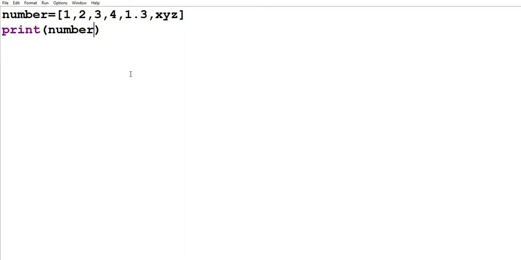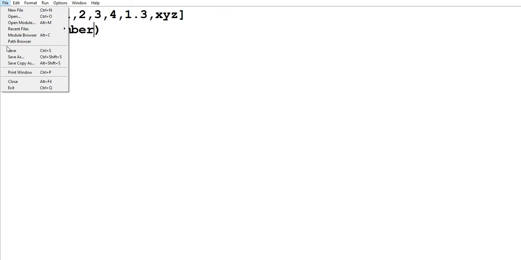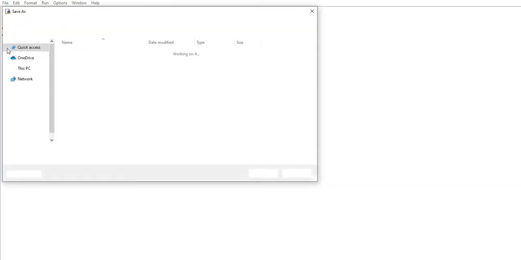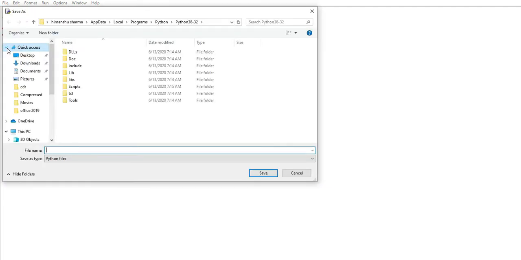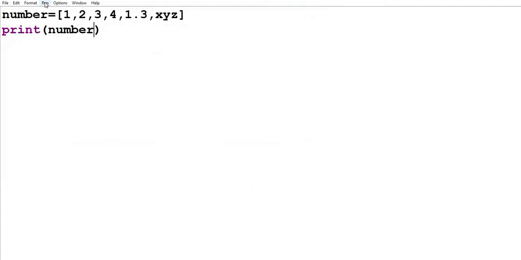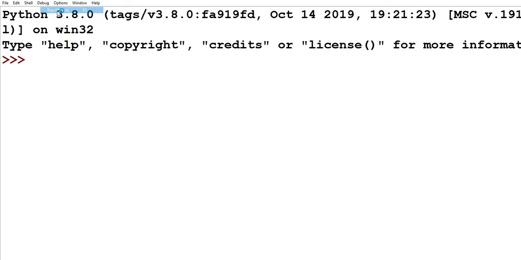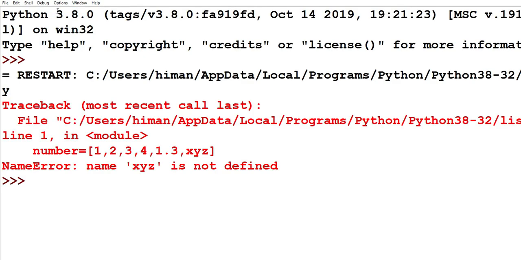We just have to write the name of the list in the print method, and let's try to find out the output of this concept. First we have to store this program. Now click on the save button, go to run and click on run module. It is showing an error.